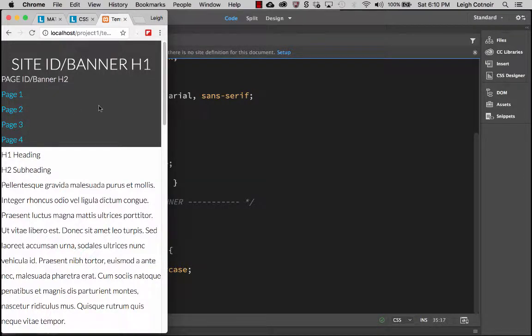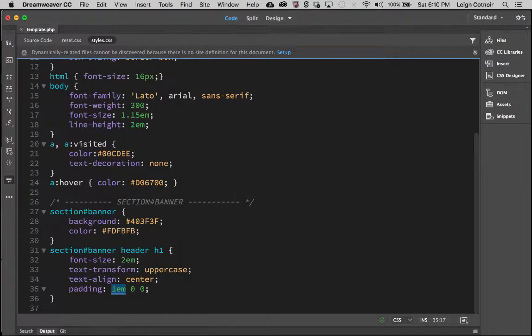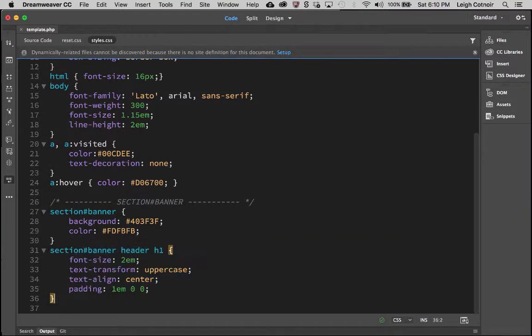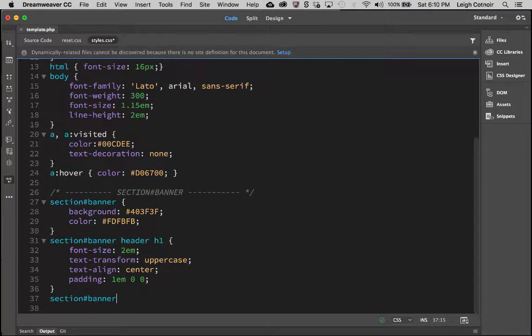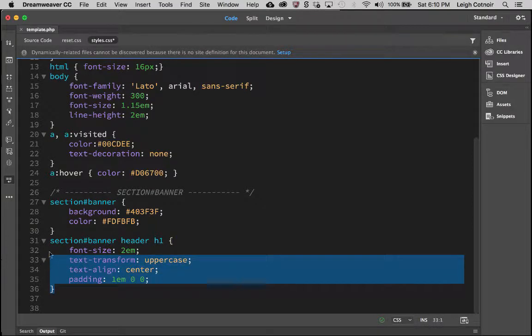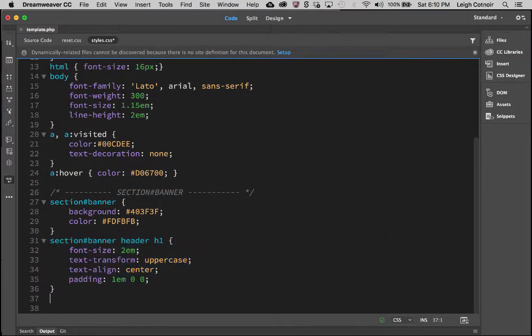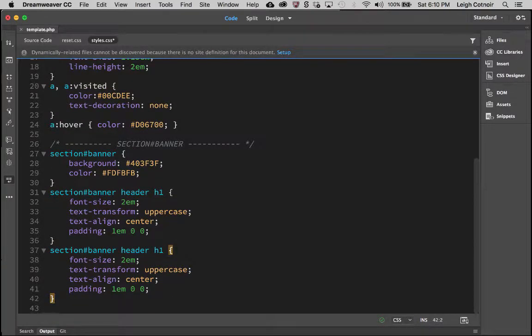And we can also go ahead and do this H2 now. And so one of the things that we could do is we could just copy some of this, and let's go down here, paste. Don't know why my copy is not working. Okay, so we're going to copy that. All right, and then instead of it being H1, let's say H2. Now the font size is not going to be as big. We don't want it to be quite so big. So maybe here we could do like,